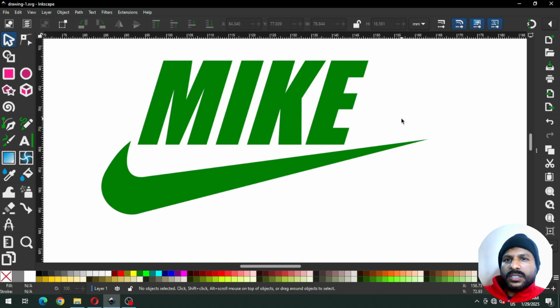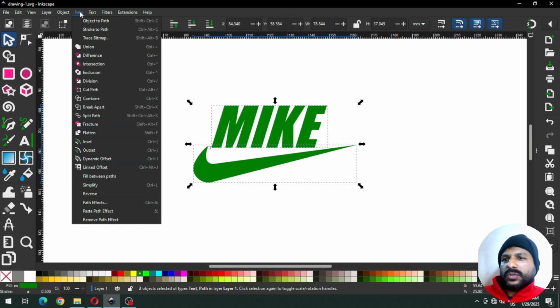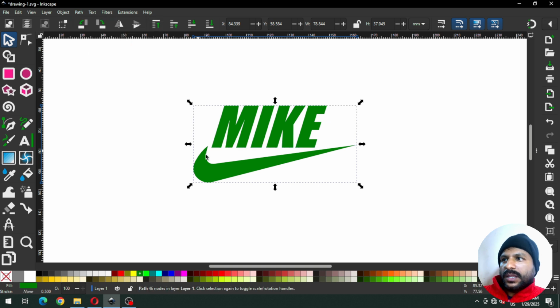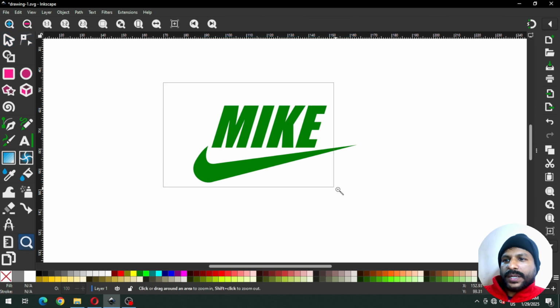Now select all these and go to path and click on union. Now this is a single object. You can now modify it by node edit tool. Now select again this one